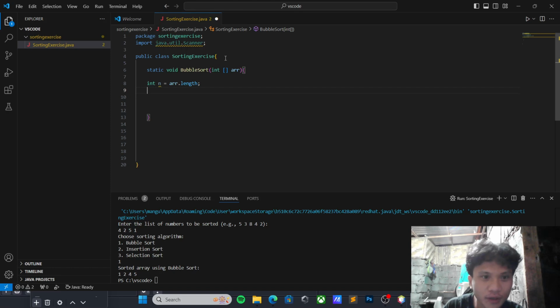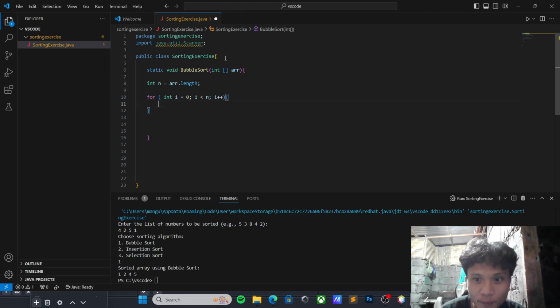After the initialization, we have to create an outer loop. So start with the for, then inside the parameter is int i equal to 0, and the condition i is less than n minus 1, then i iterates.